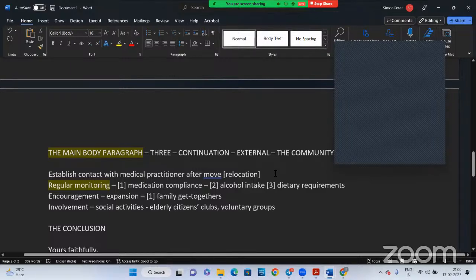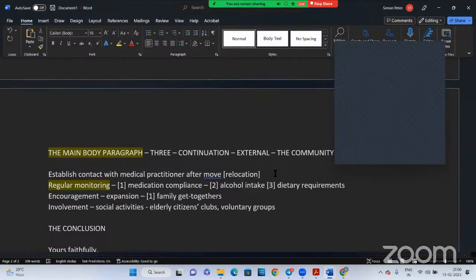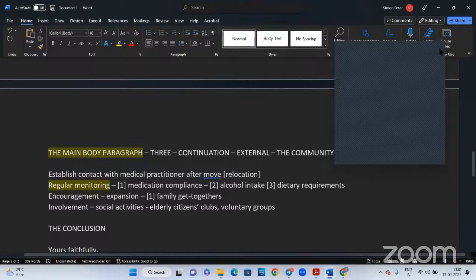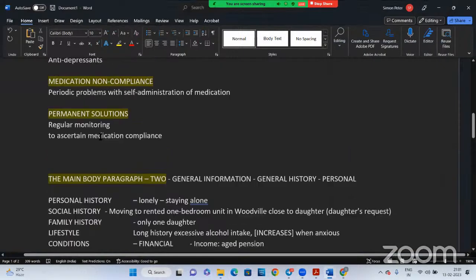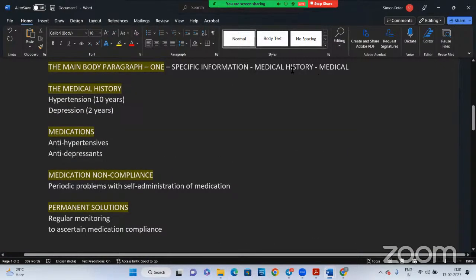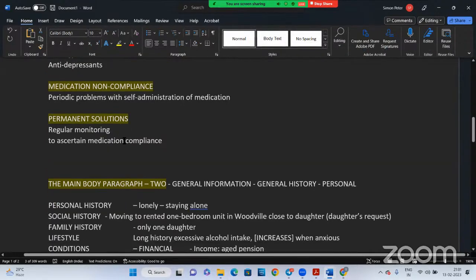Personal history is not that important. Medical history is a more serious problem. The more serious problem will be in the 1st paragraph. The other less important problems will be in the 2nd paragraph. Follow-up action will be in the 3rd paragraph. That is what it is. Medical condition is a serious problem. So this is the most serious problem, medical history. Very serious problem. So that is the first part.